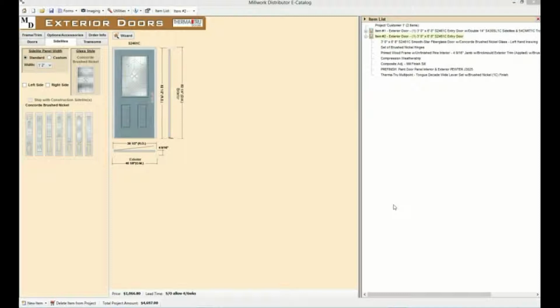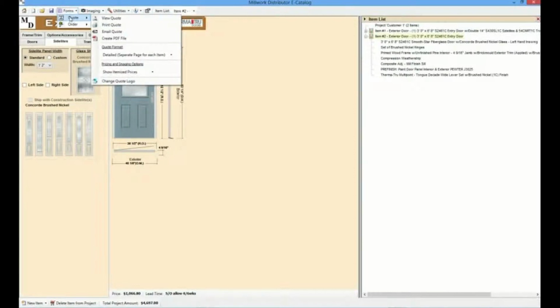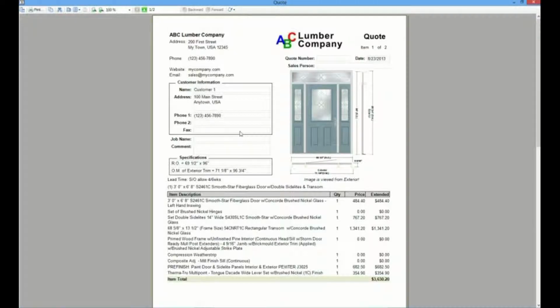Quote and order forms can be viewed, printed, emailed, or saved as a PDF. Quote and order form options can be viewed from the Forms menu on the top toolbar. Let's take a look at a quote. This is a detailed quote. And the detailed quote includes the company information entered on the settings form, including the company logo, customer information from the home page,